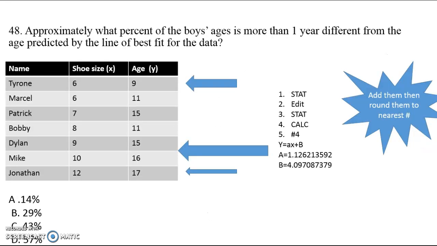Okay, so approximately what percent of the boys' ages is more than one year different from the age predicted by the line of best fit for the data? Okay, so for this one, all I did was plug it into my calculator. I pressed stat, edit, stat, calc, number 4, and then I got that equation. And then